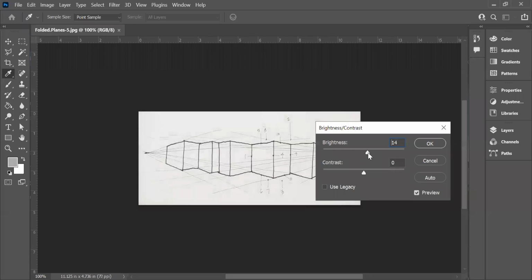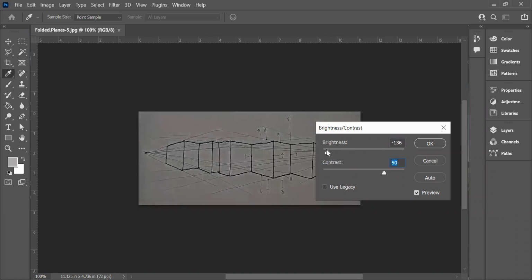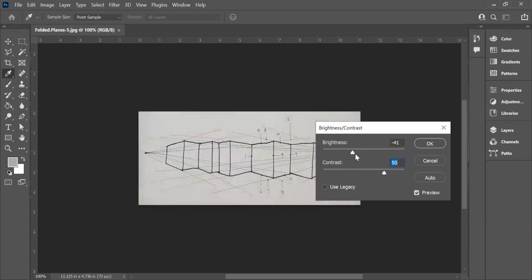Here's where you can, I'll just move it over to the side a little bit. If you wanted to increase the brightness, you would do it here. If you would like there to be more contrast between the darks and the lights, you could increase the contrast here. So you can play around with these settings. You could also drop the brightness and the contrast if that's what you're shooting for. But if you've taken a photograph and perhaps it's just a little bit dim, you could always alter these values to get a slightly better